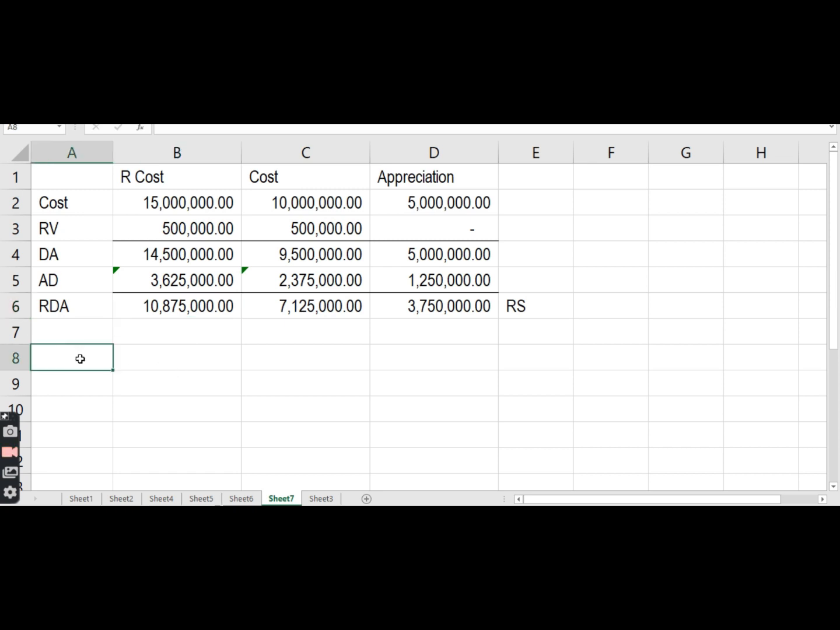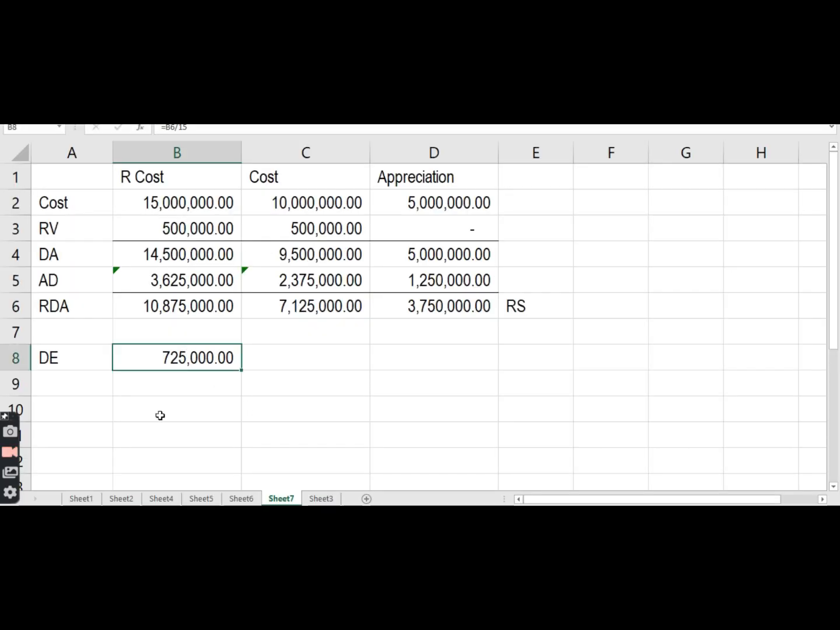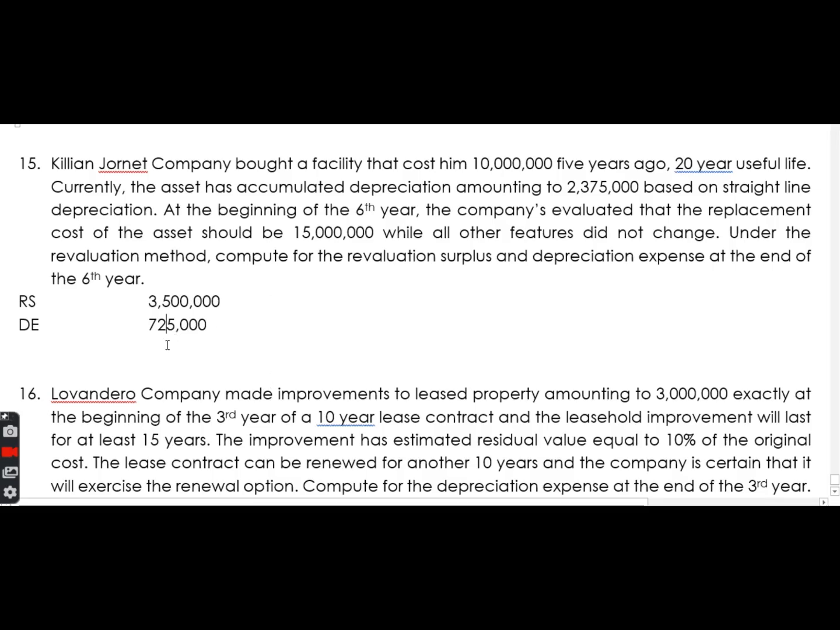Tapos, di ba, 15 years na lang yung may iwan. So, yung depreciation expense natin for this year, kunin mo na lang to, divide natin ng 15 years na may iwan, ito na yun. Kaya 725 yung lalabas na depreciation expense. Okay? So, ngayon, ganun ang computation. Kung gusto mong malaman paano i-compute or kung paano gagamitin yung proportionate approach at saka elimination,